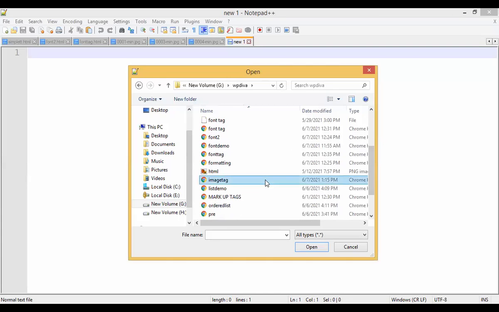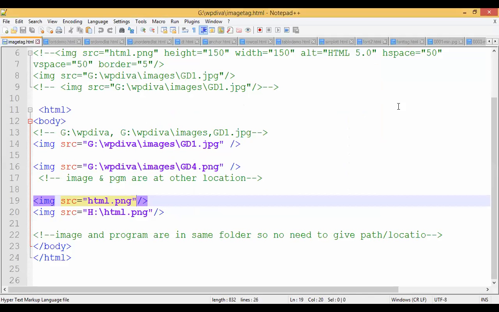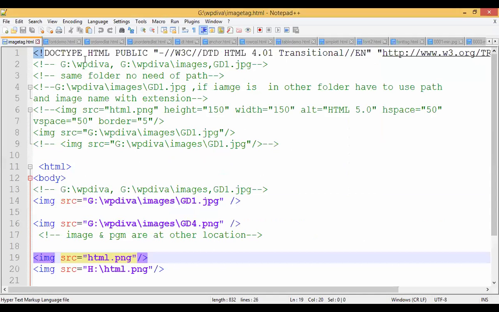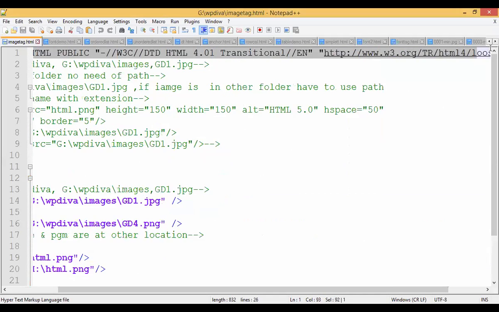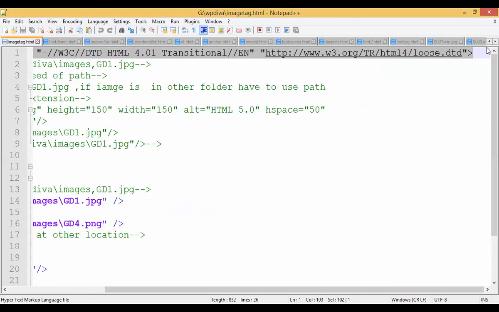Did you go through that image tag? Did you study that? Did you understand what the properties of the image tag are?